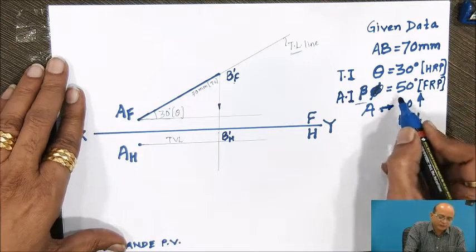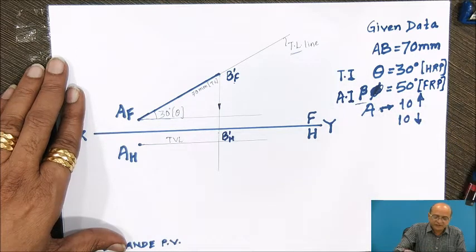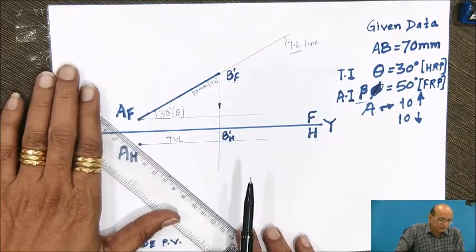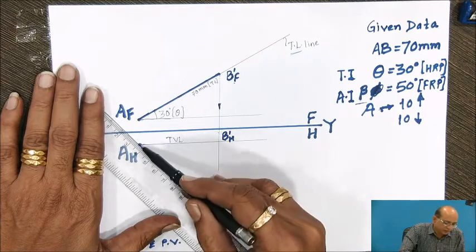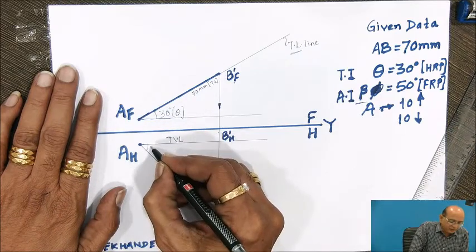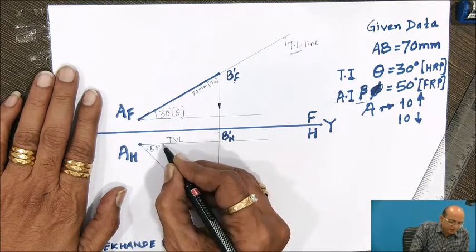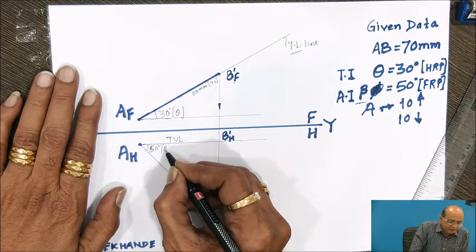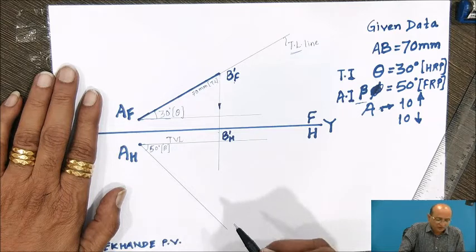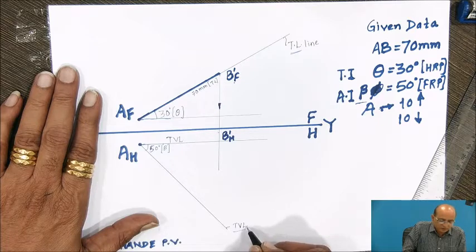This is to be completed on the top view side, and the angle given is 50 degrees. So we'll complete this angle over here, on which we can complete the top view line. This is an apparent angle which I have completed at 50 degrees. Which angle is this 50 degrees? It's a beta angle. It is not the phi angle. It is not the true angle. It's an apparent angle which is related to top view. So this is a line which is related to top view.